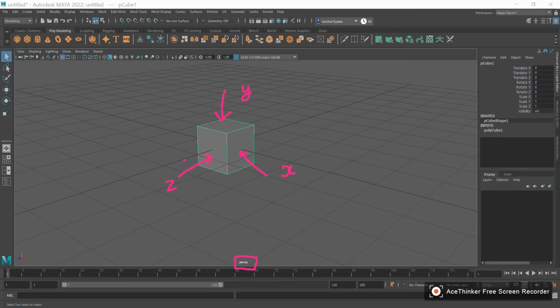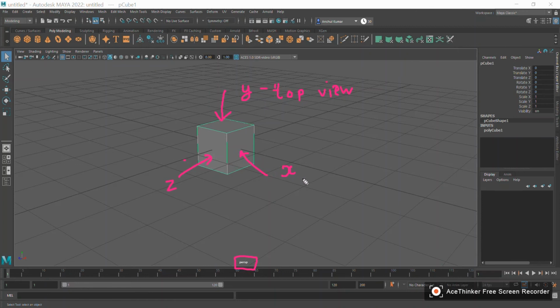Now suppose we see this model from this side, the y-axis side. How are we going to see this model? We are going to see it in top view. Right now we are in perspective view, but when we see this model from this top side, it is called top view.